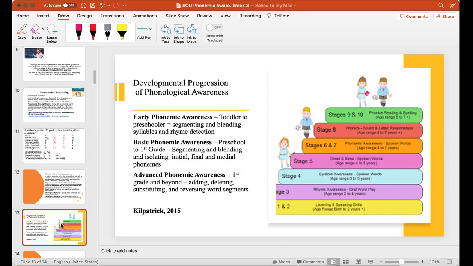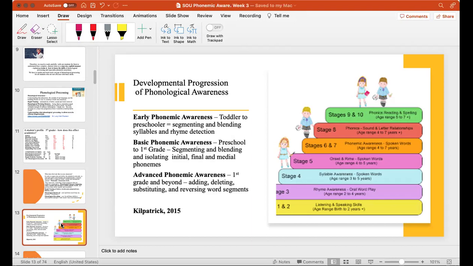So early phonemic awareness, and this is toddler to preschool, students learn to segment and blend syllables and do rhyming. This is where they do all of the rhymes, right? And they love it. Or they'll be able to say, oh, this is how many words are in this sentence. Or this is how many syllables are in this word. That's the age at which students should be working with segmenting and blending and rhyme,